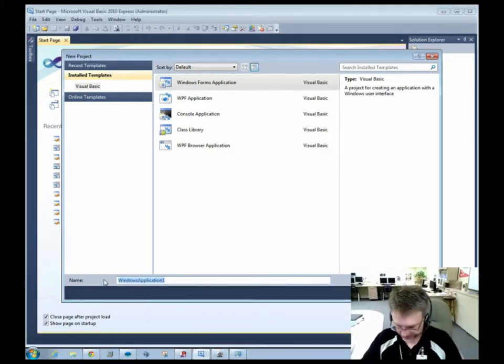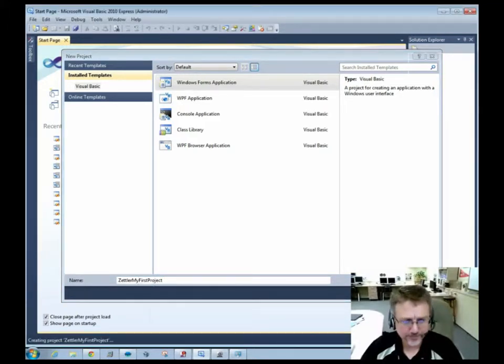So what I'm going to ask you to do in this class is name all your projects with your last name, and then a descriptive name of the project. So let's just say this was my first project or something like that. Don't have to put any spaces in there. It helps if you capitalize each word. But make sure your last name's in there so I know who it's coming from and whose it is, and a descriptive name in there will also help us. When I click OK here,